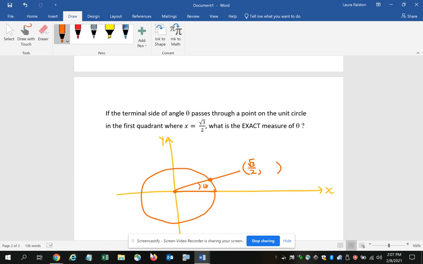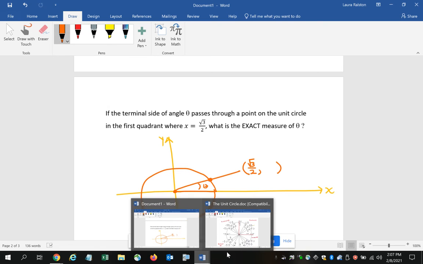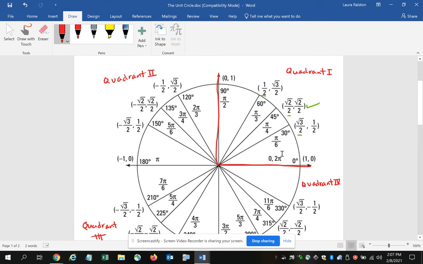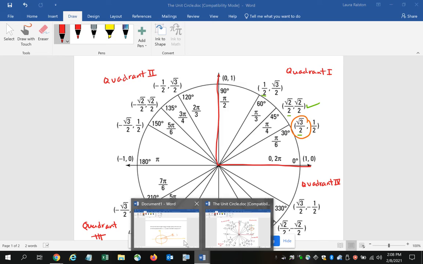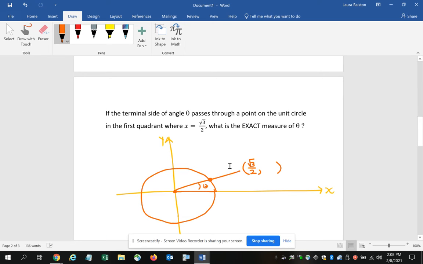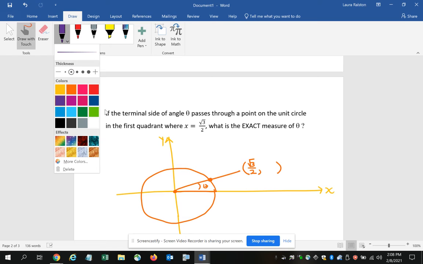So again, I go over to my unit circle if you don't have it memorized, and we're looking for where the x value is square root 3 over 2, which I noticed occurs right here, which corresponds to 30 degrees or pi sixth. So the answer for theta would be 30 degrees